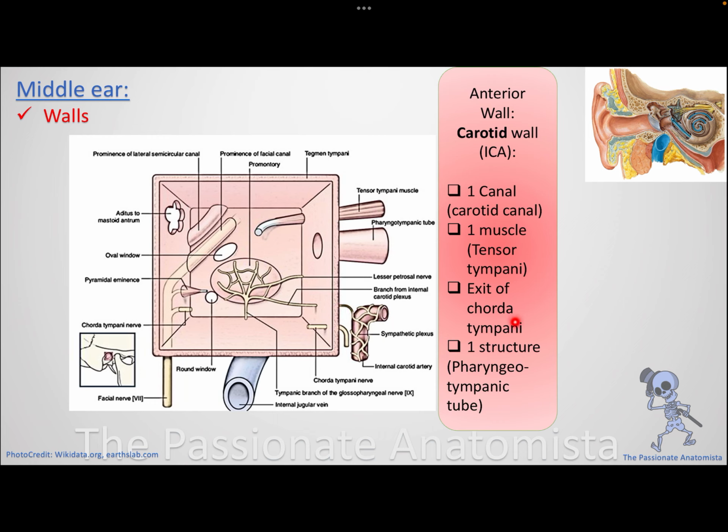So the exit of chorda tympani is there on the anterior wall, and the last structure is the pharyngeotympanic tube. It's a very important tube. And if I told you guys that we don't have anything important in all of the walls, and I told you that everything related to the medial wall is related to the inner ear, and you memorized everything in the posterior wall, and you memorized everything in the anterior wall, and you have a last thing that you need to know, it should be the pharyngeotympanic tube, because I need to have a tube that has a communication